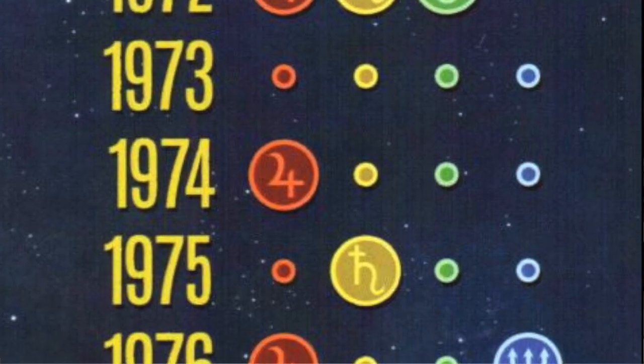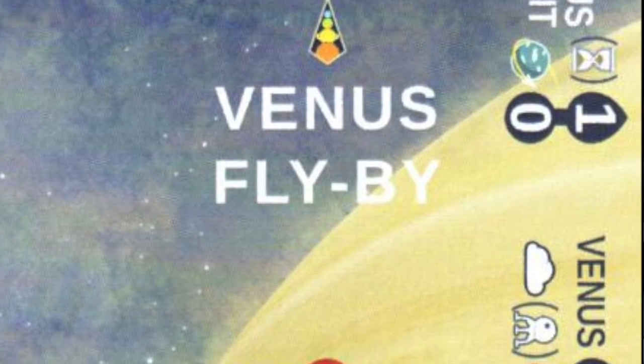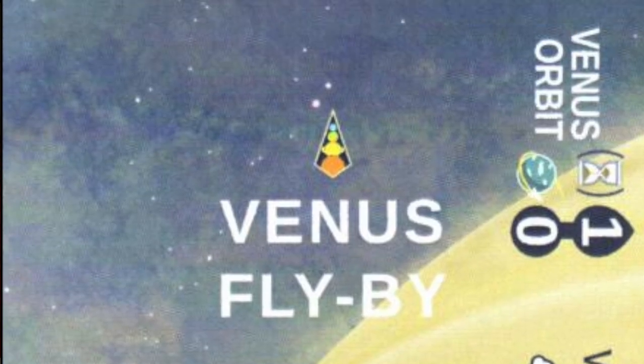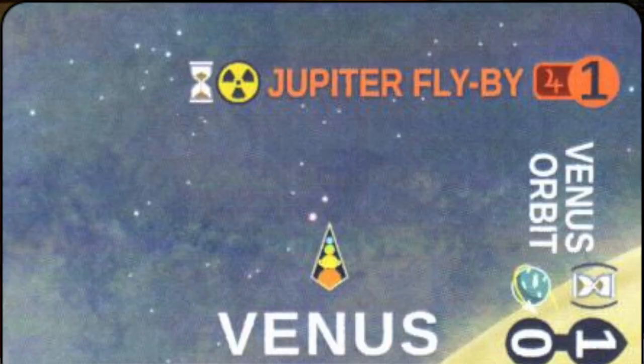Okay, 1976 is a slingshot year. Our craft is at the Venus flyby location, and it needs to complete a maneuver or it's going to be lost. So we are going to Jupiter flyby. This is not the craft with anything on it but the Galileo. So I am going to go ahead and survey Jupiter and see what we get. So when I get there, Jupiter flyby